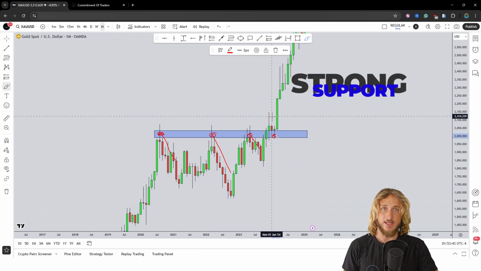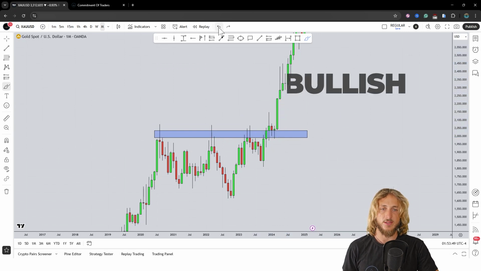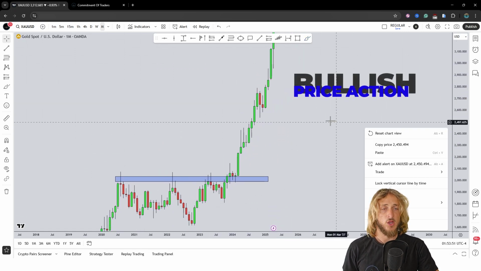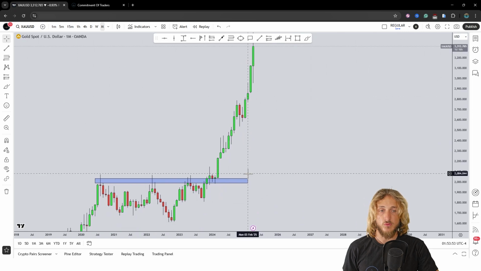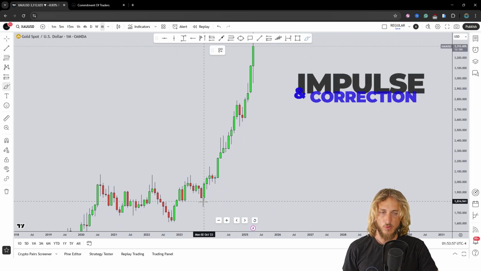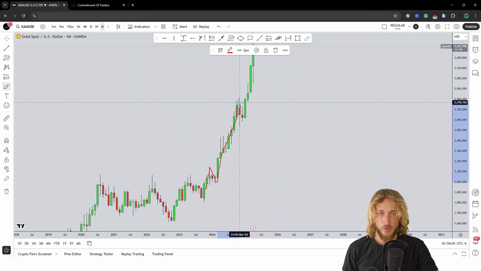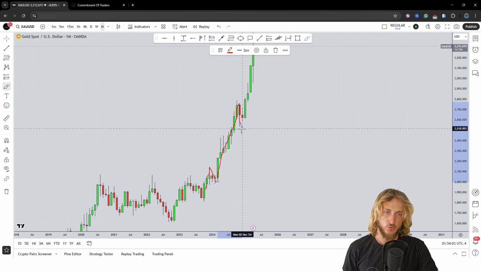The market retested the level as previous resistance turned support, and at the moment is in the process of rejecting that level to the upside. We can notice that so far the market has already created a series of impulses and corrections. We can notice a first higher high here, higher low, new impulse creating a new higher high, new correction creating